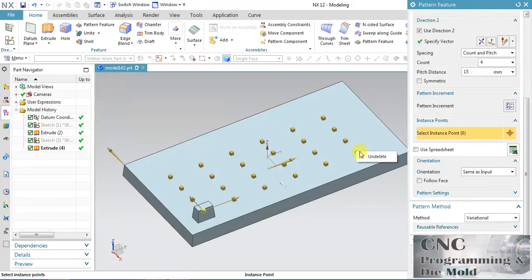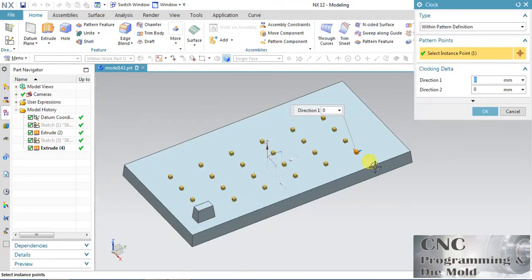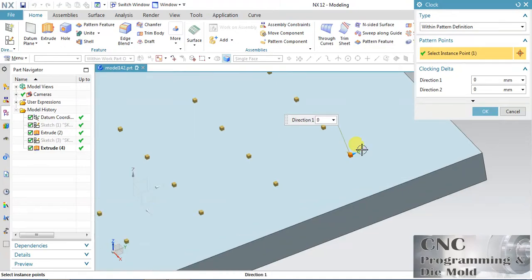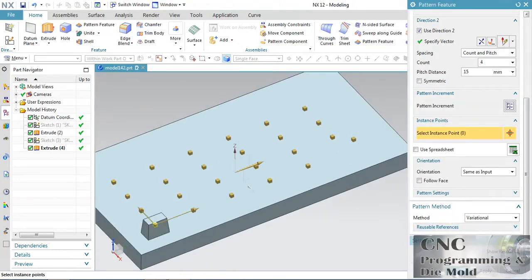And again right click and undelete this, and right click, and I want to define the direction. So I have this direction, just do this and drag for the direction and click OK and show the preview.